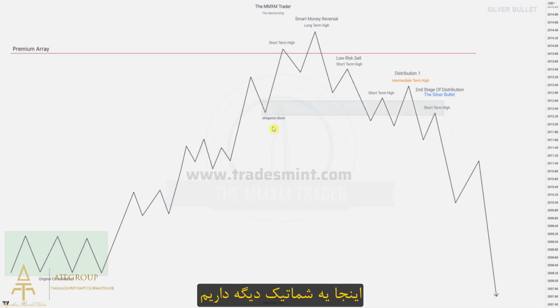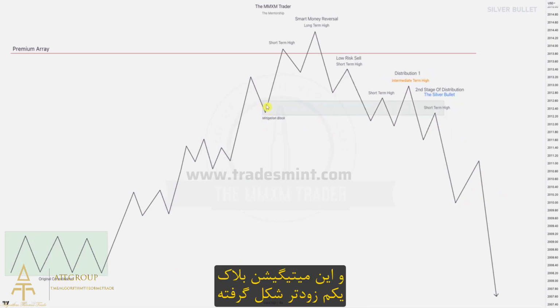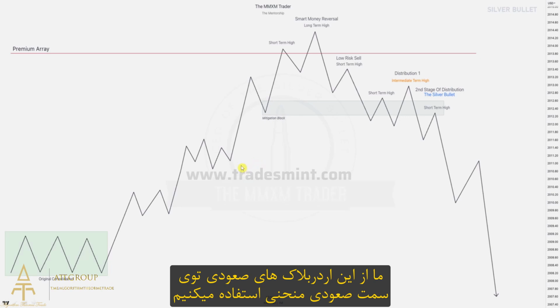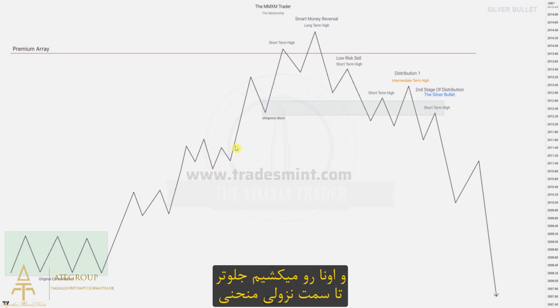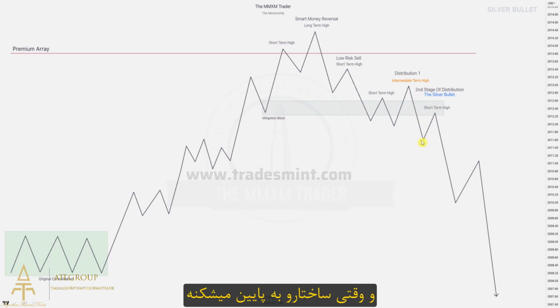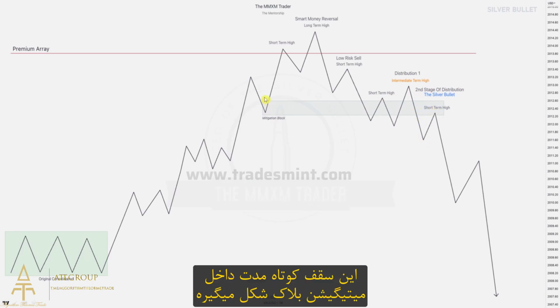Here's another schematic, and then that mitigation block happening a little bit earlier, right? So you have multiple areas of mitigation blocks. We use those bullish order blocks on the buy side of the curve and extend them out to the sell side of the curve. So over here we've got that intermediate term high forming around that mitigation block, and once it breaks lower, that short term high forms inside that mitigation block, making it a very high probable silver bullet